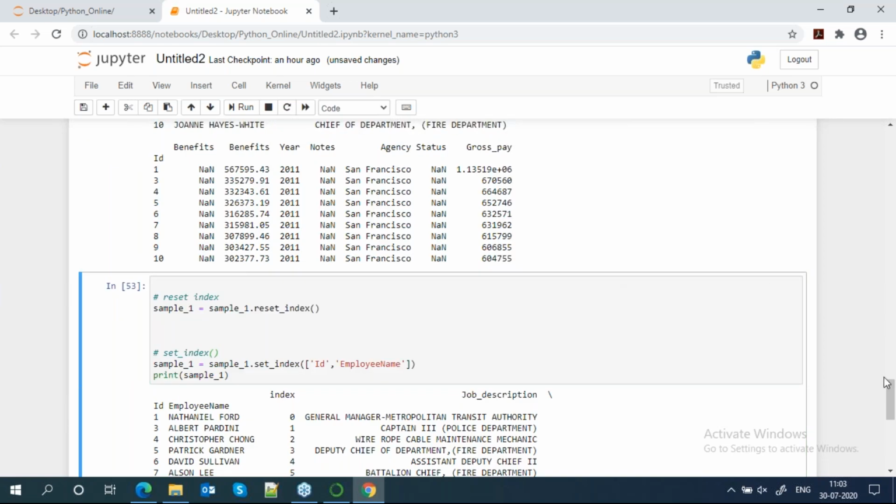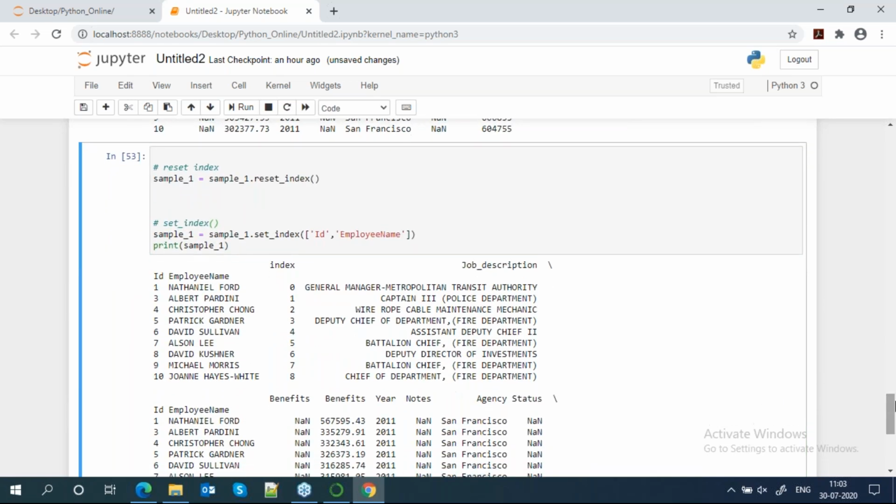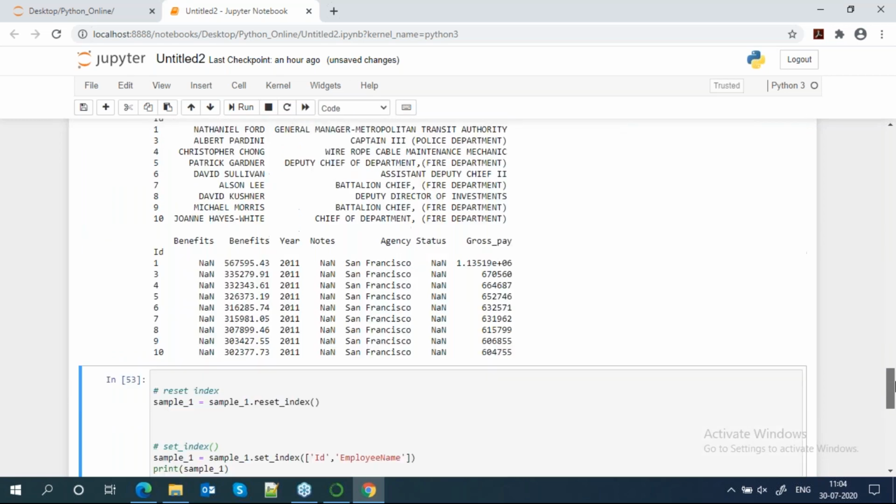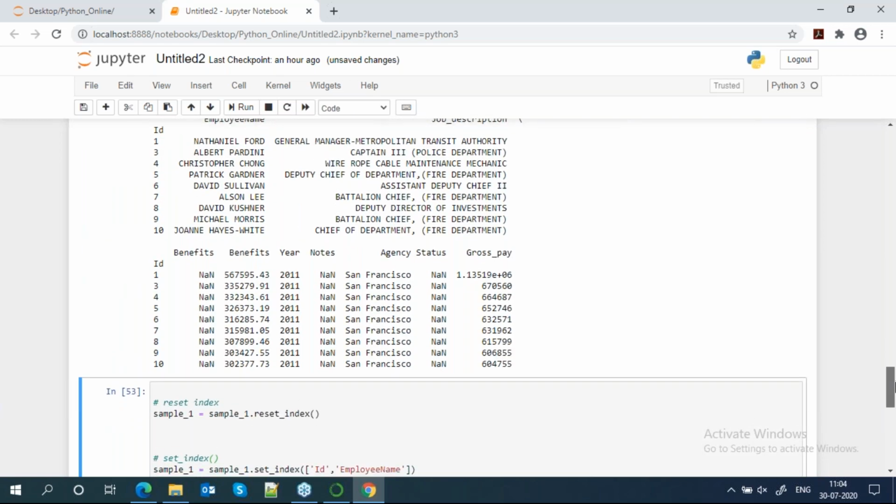You can see that now ID, employee ID, Albert is my set index, and my old index has now become a column. You can drop this column also. Got it? Everyone clear?